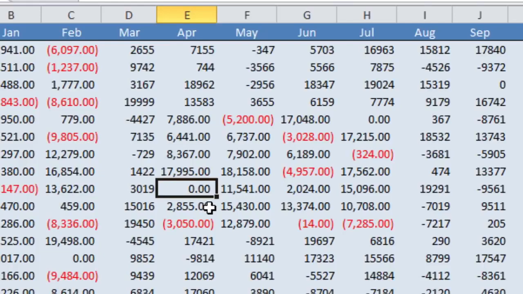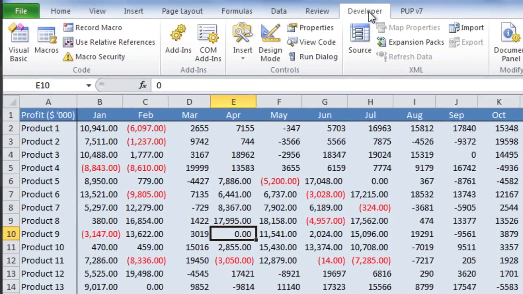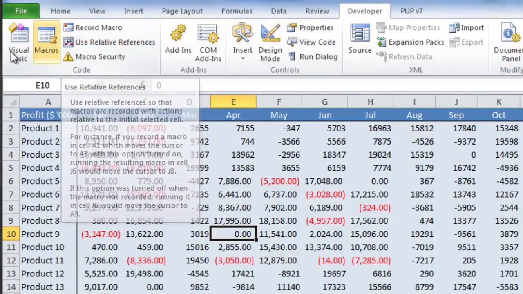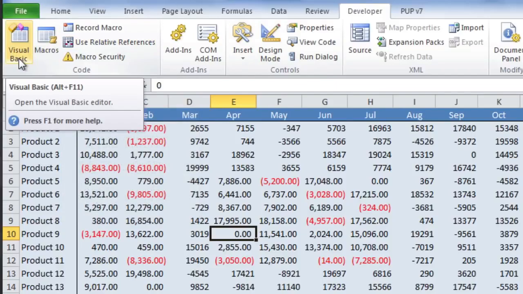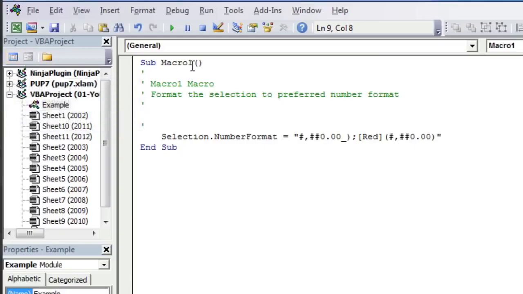So to do that, let's head back to the Developer tab. We will go in, click on Visual Basic, because this brings up the Visual Basic editor. And where we have macro 1, we'll head over to the only line of code there is, and remember, this is written in Visual Basic for Applications, which is what VBA stands for. And so the only thing we need to do here is change the number format, which is in these inverted commas. To make the 0 appear as a dash, what we'll do is add a semicolon, we'll put a dash